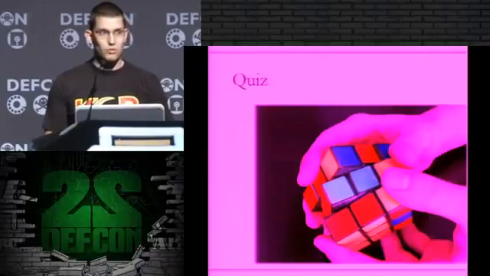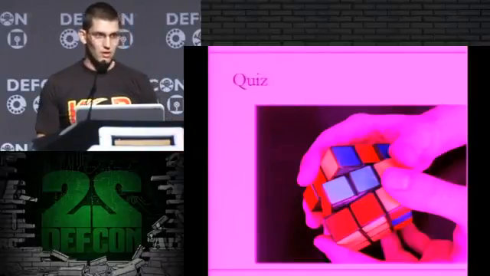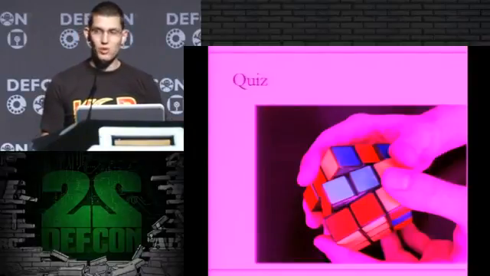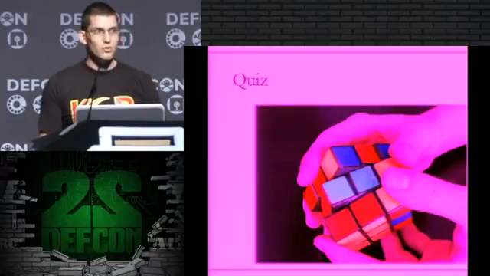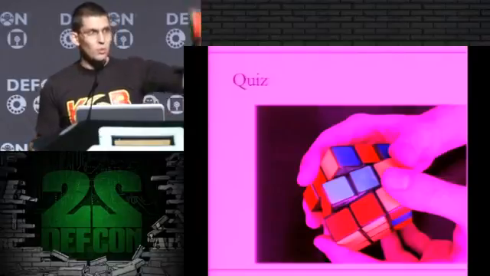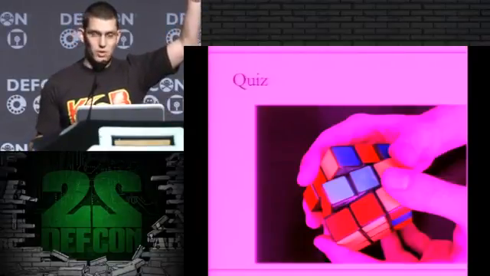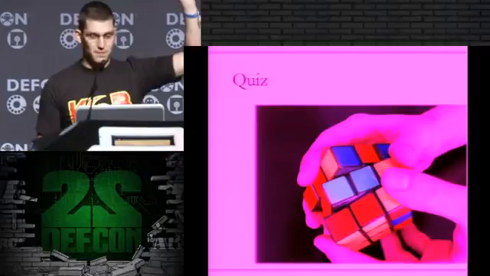Now I'm sure that all of you are bored to death. So here's a little quiz for you. The first person who can answer this question will get this Rubik's Cube from me after the presentation.